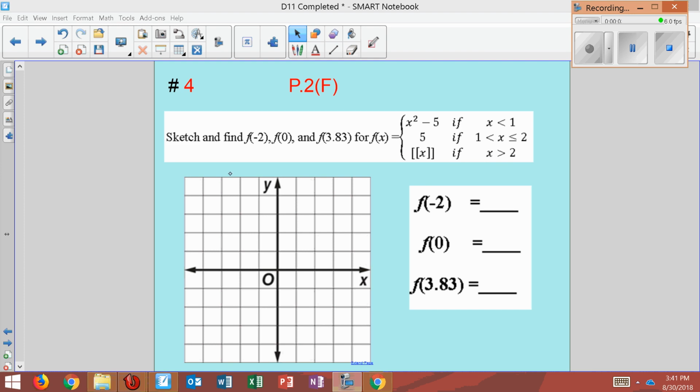Or number 4, we're going to sketch and find f of -2, f of 0, and f of 3.83 for this function. Okay, so this time, instead of sketching it by hand, which you could do, I'm going to type this into the calculator. So I'm going to come over here